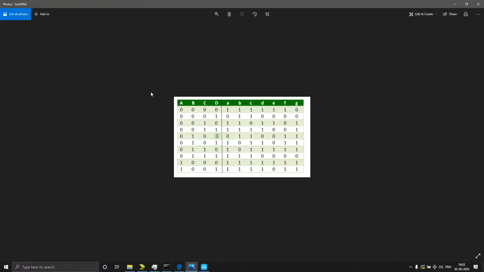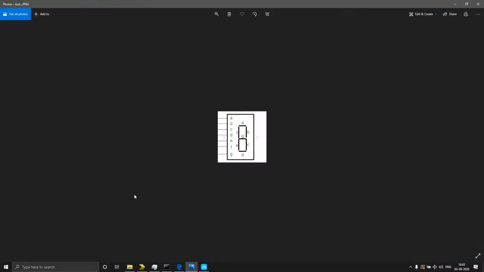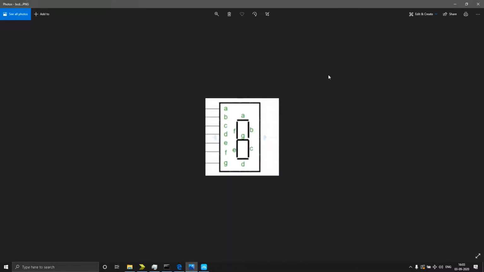This is our BCD to 7 segment truth table. When I give 0 0 0 0, that is my BCD, it has to give the output like this. Why? In a 7 segment display we have 7 LEDs: A, B, C, D, E, F and G. So there are 7 inputs for these LEDs. Whenever I give all zeros, we can see that